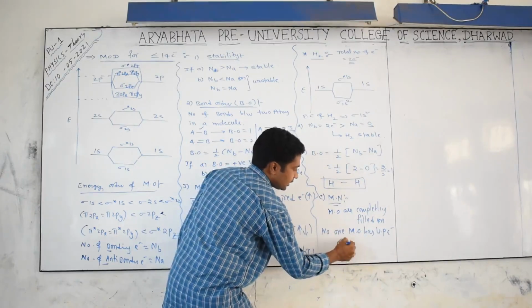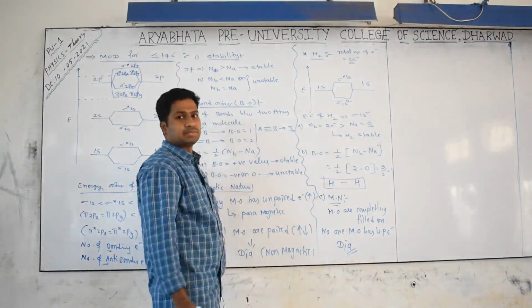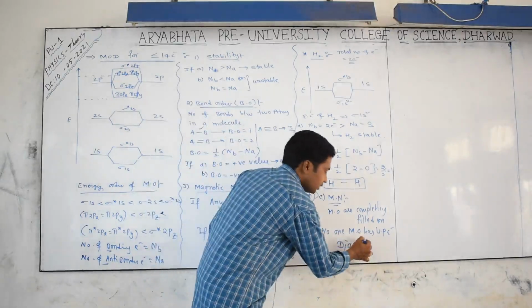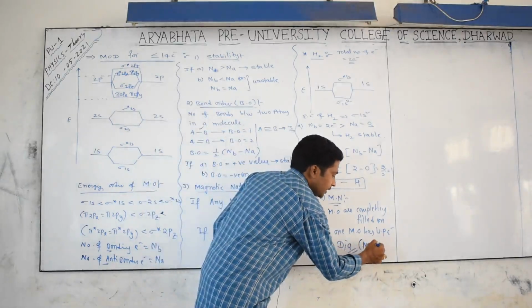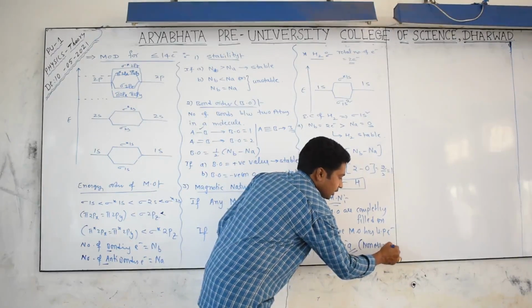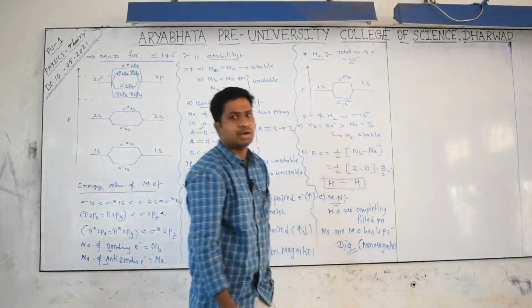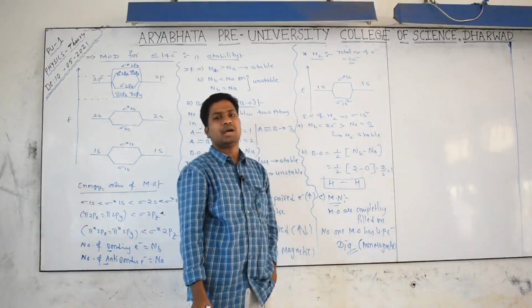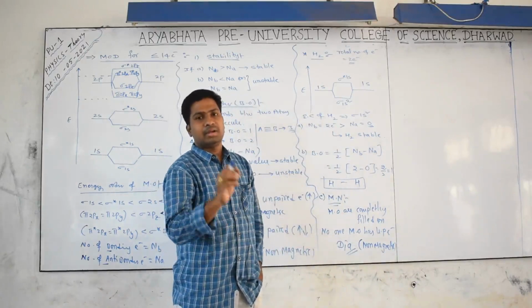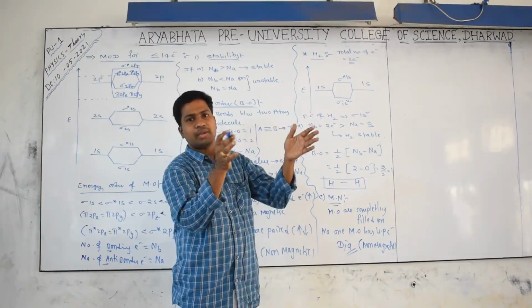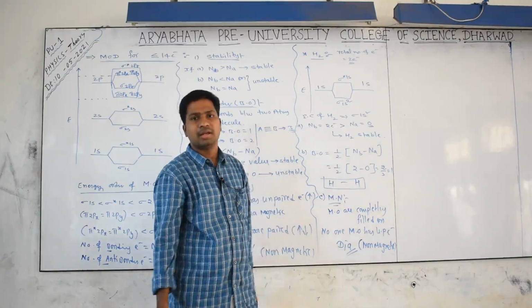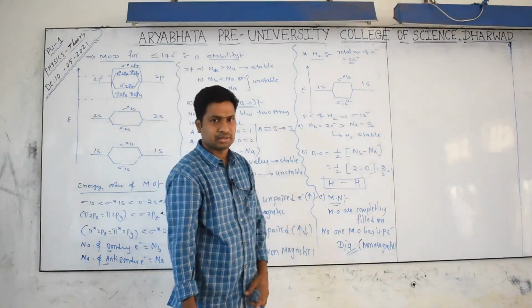That's why we can tell it is a diamagnetic substance, or we can write it as a non-magnetic substance. Did you get my point? Yes, hydrogen is stable. Between hydrogen and hydrogen we have a single bond, and if you take hydrogen gas nearer to a magnet, it will not be attracted. That's called a diamagnetic or non-magnetic substance.